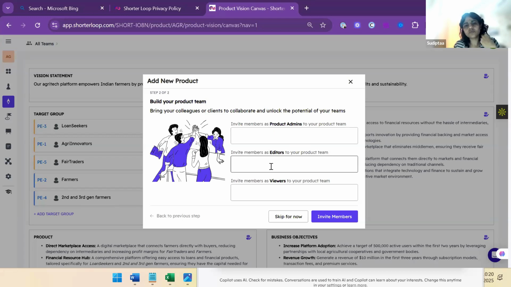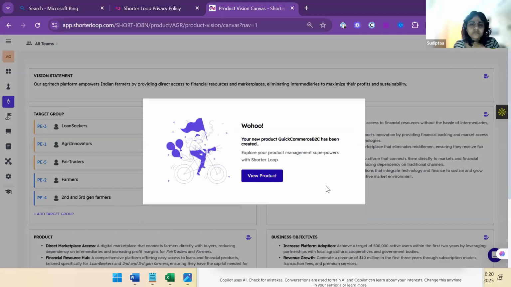There are some editors whom you need along with the product team to work very closely, like your marketing team who are working on the campaign. There is a research and analysis team who are working with you on experimentation, so you need to give them editor access. Viewers means only your manager who just wants to view how things are, or whom you want to get an approval from, but they are not users of the tool. So that's a way you can do it. For now, I'm skipping it, and then I get into the product.